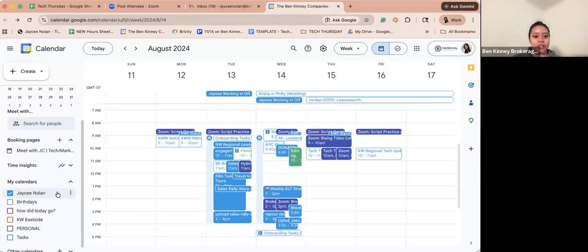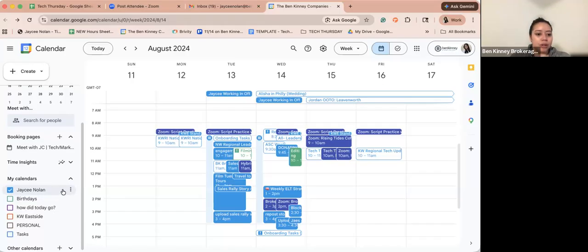When you log in for the first time, you already have a calendar. You don't need to create a calendar. This is just what I had mentioned for creating additional calendars or adding other calendars, like we do when we first onboard. We are going to be working in our first calendar, our main one that's tied to our email,